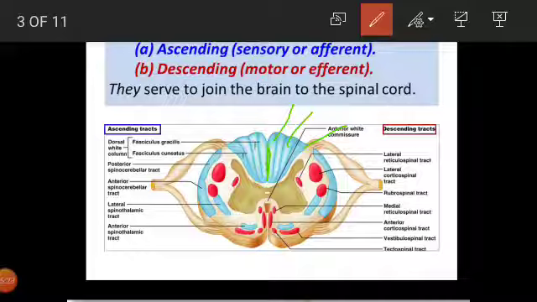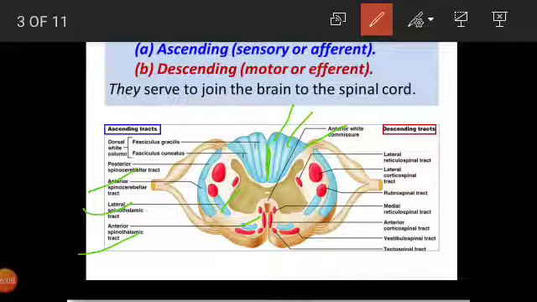Now we move towards the second tract, the spinocerebellar tract, and the third, the spinothalamic tract. If we imagine a lateral view of the brain, the thalamus acquires the central position, whereas the cerebellum lies more laterally to the thalamus and the rest of the brain. Therefore, the spinothalamic tract lies more medially in comparison to the spinocerebellar tract. We have two types of spinothalamic tract, anterior and lateral. The anterior will be located in the anterior white column, whereas the lateral will be located in the lateral white column.